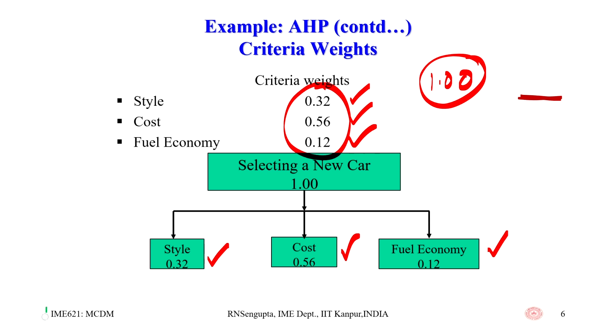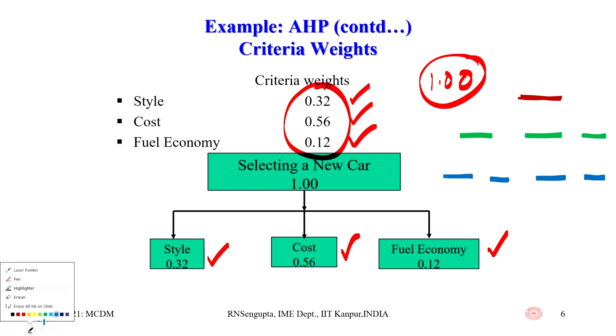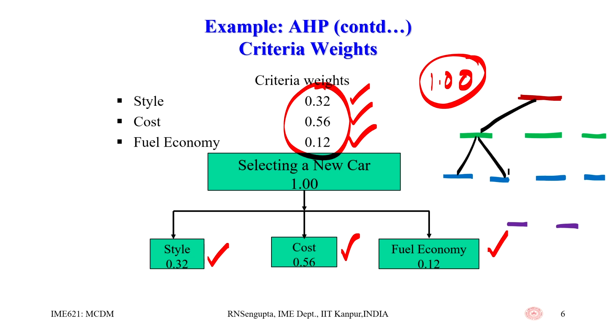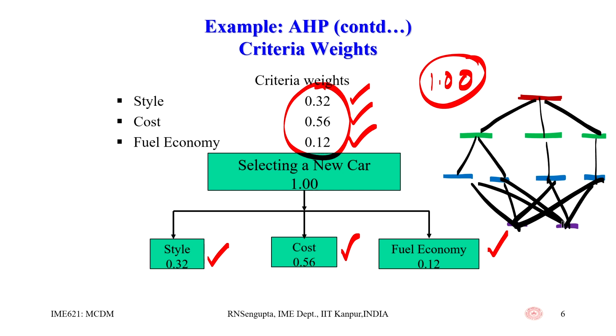Next we have hierarchy 1, and then, for example, hierarchy 2, and consider there are only 2 alternatives in order to make our life simple. So, if I want to draw it,